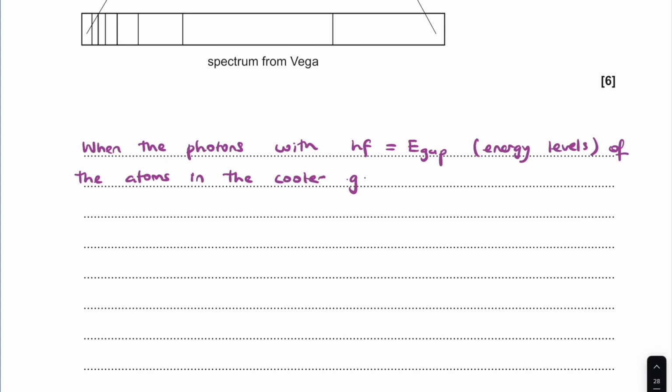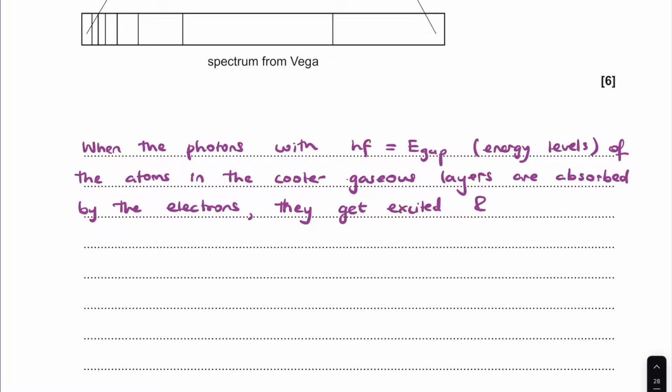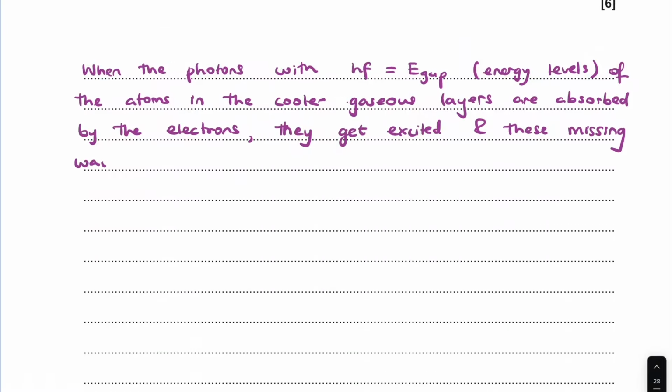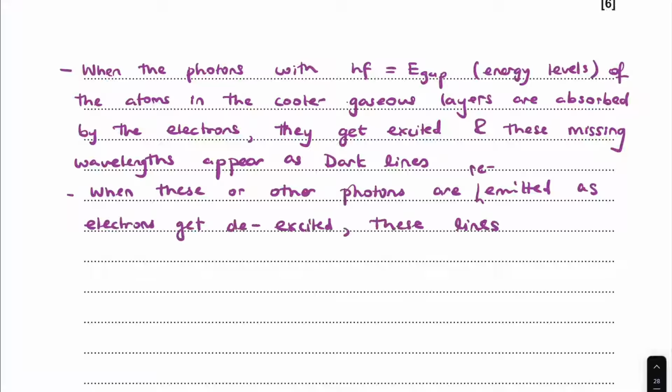When photons with hf equal to E gap, the energy levels of the atoms in the cooler gaseous layers, are absorbed by the electrons, they get excited and these missing wavelengths appear as dark lines. When these or other photons are re-emitted as electrons get de-excited, these lines appear to be fainter as these photons